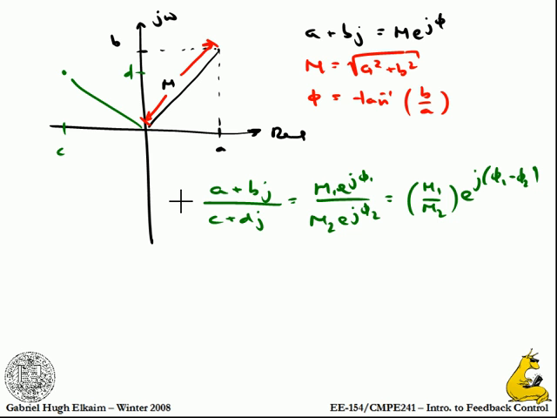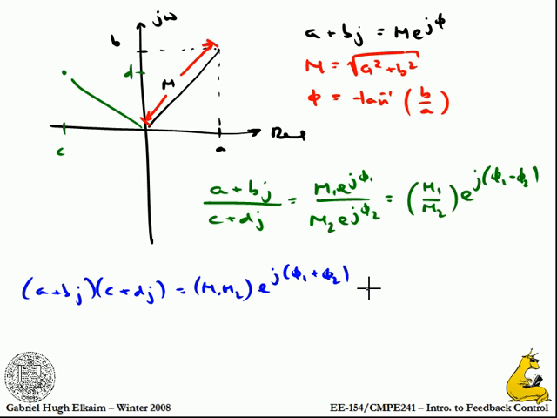Given this, now what if I multiplied them together? What if instead of having A plus Bj divided by C plus Dj, I had A plus Bj times C plus Dj? This is going to equal M1 M2 e to the j (phi1 plus phi2). And if I had a reciprocal number, if I just had 1 over C plus Dj,